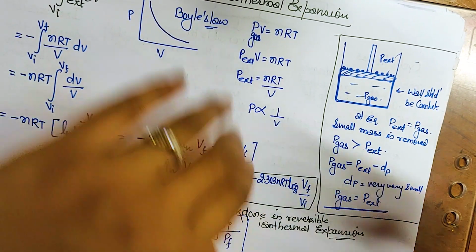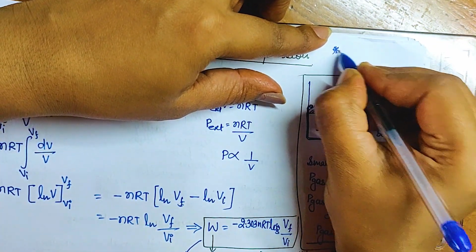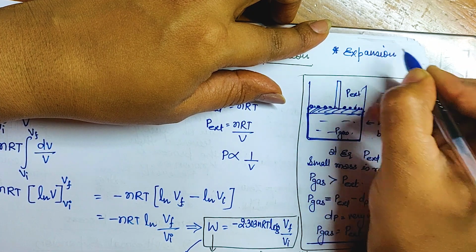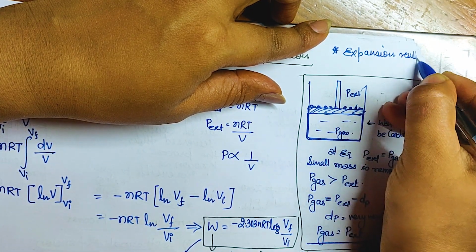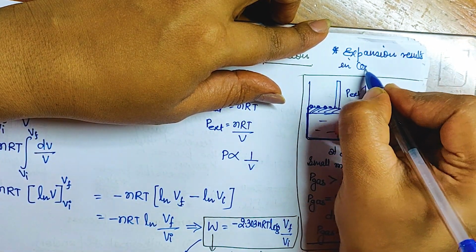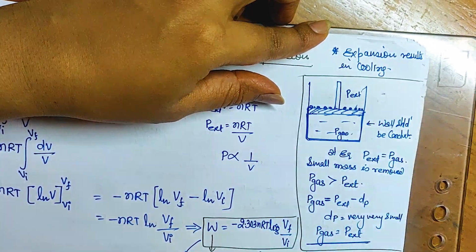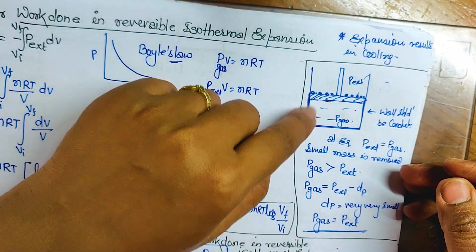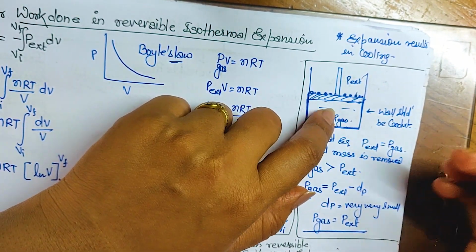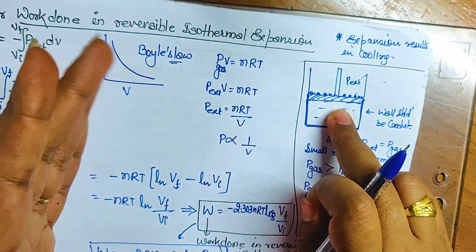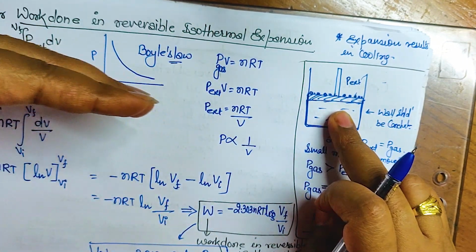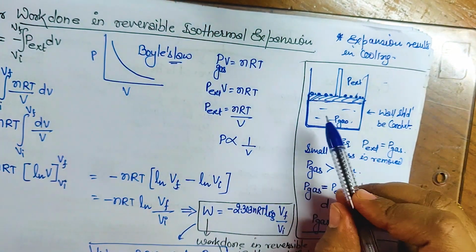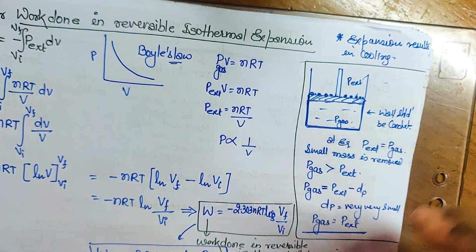And wherever there is expansion, it results in cooling. Expansion results in cooling. So there will be expansion, that means temperature is going to fall. And if the system temperature is lower than the surrounding, what will happen? The heat will transfer from the surrounding to the system, because it is isothermally conducting, so it will conduct to